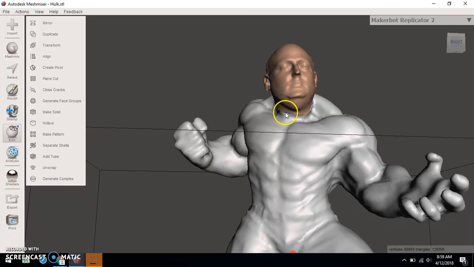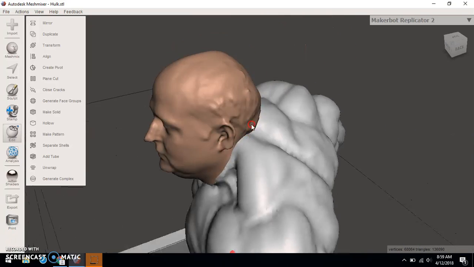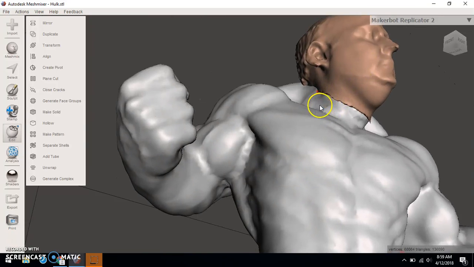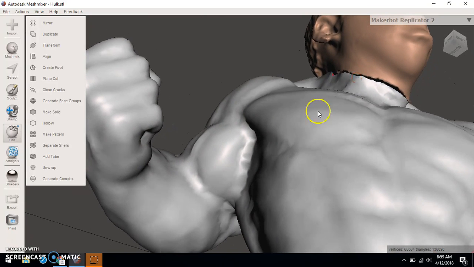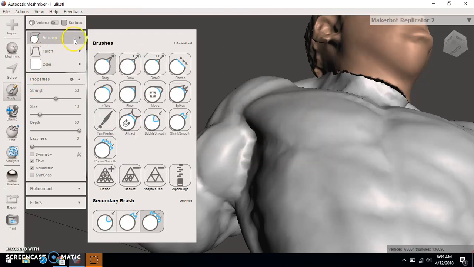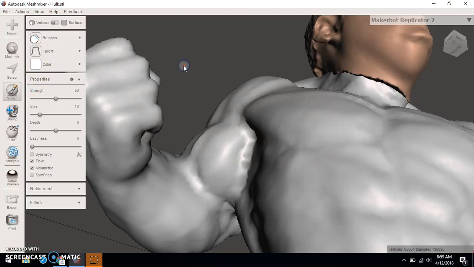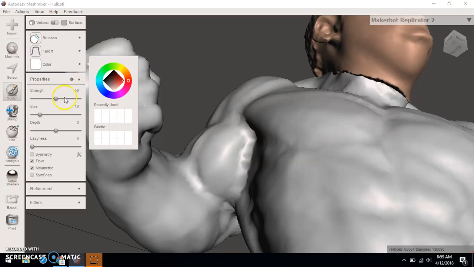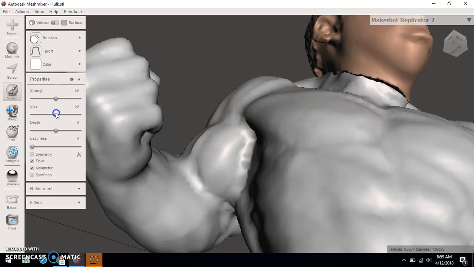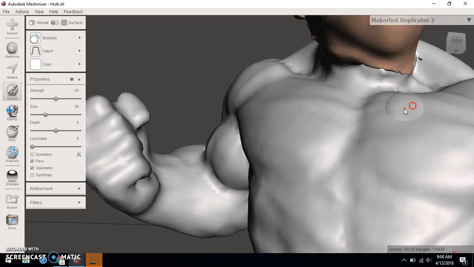Now, if we have any weird spots, we look up here, it seems to blend together fairly well, but we can see here where it's kind of jagged. We can use some of the sculpting tools, and you'll just have to play with this a little bit to make that work. So I use the flatten. We can adjust the strength, we can adjust the size. That circle will show us how big that is. We can adjust the depth, how deep it goes in, and I haven't played with the laziness yet, but we can go in and play around with this a little bit and smooth it out so that we don't have that jagged division there